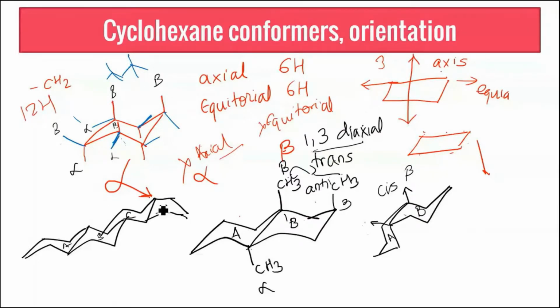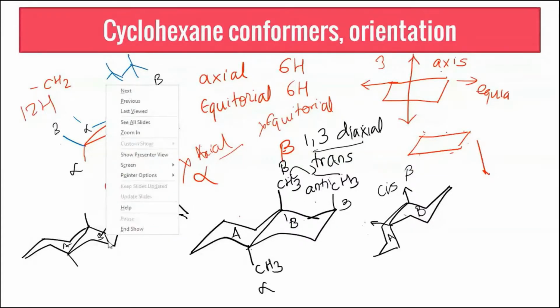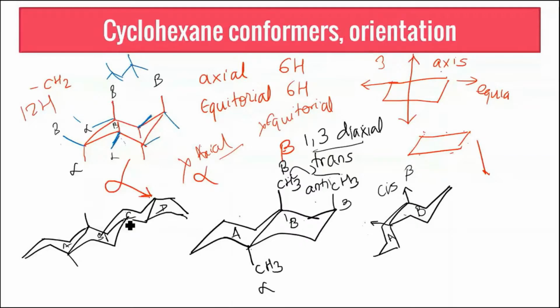Now look at these rings carefully. This is your A and B, which we have just identified as being trans. Now look at ring B and C. For B, this is the point of attachment. Carbon 1 has an axial bond going below the plane. C has another axial bond going above the plane. So again, they are trans to each other. So that is why we call this structure a complete trans structure.